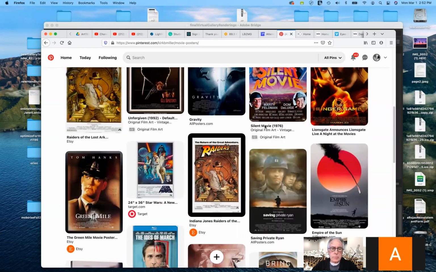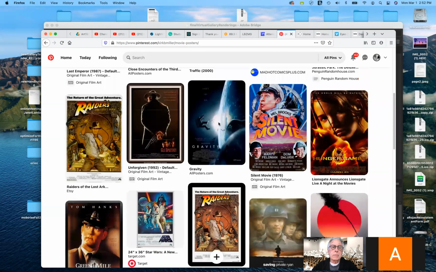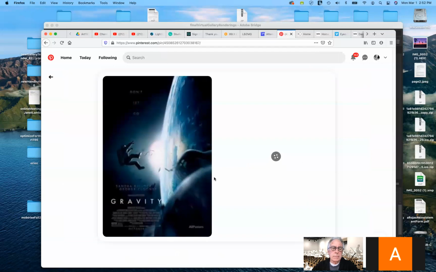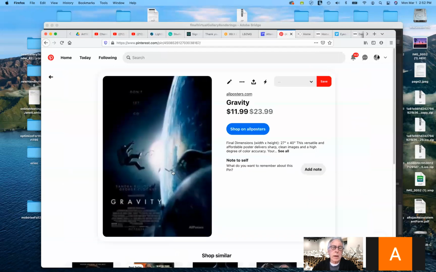And what we will do, I thought this was a nice one too, Gravity. Again, that monochromatic, strong contrast that really draws your eye into the center of the poster. Very powerful. All of these are like that. Look at them and analyze them, and that's where you can learn.